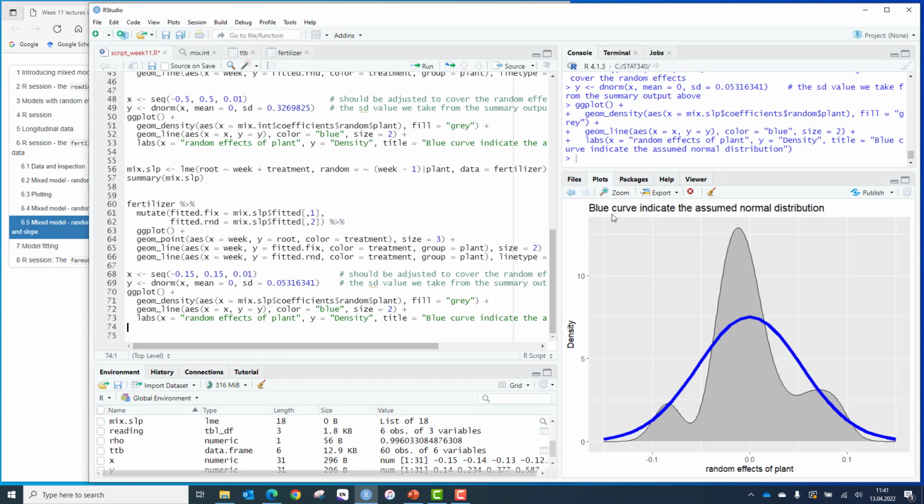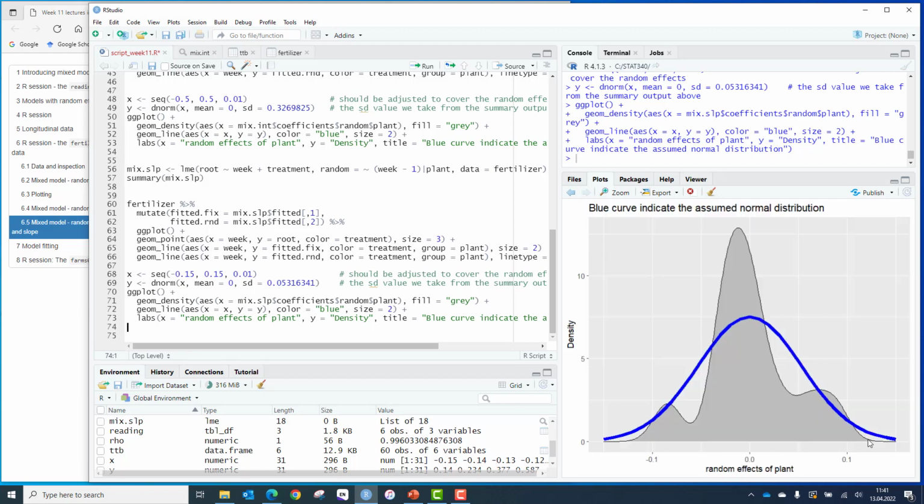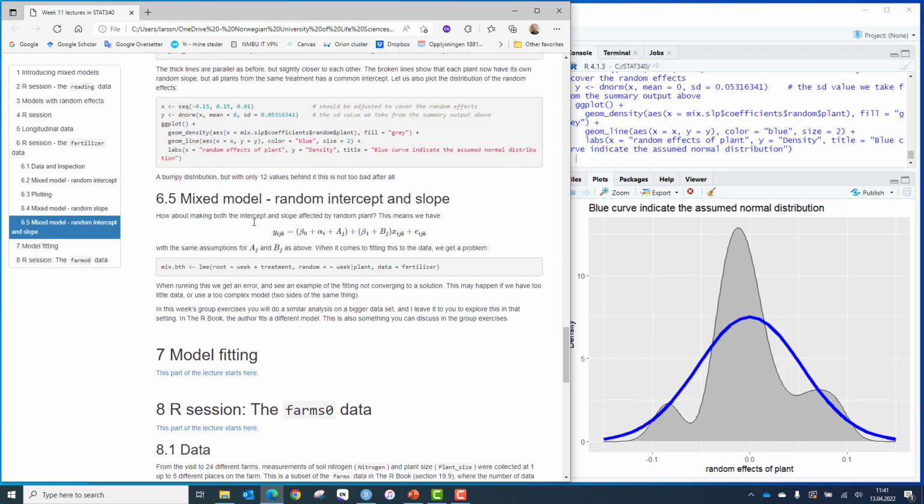So this sanity check, these 2 plots here: is the fitted model near the observed data? Is the random effect more or less normal around 0? That's a good thing to do. And then let's finish by having this model here where we now have both random slope, random intercept and random